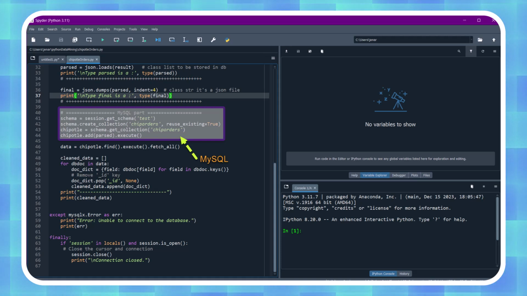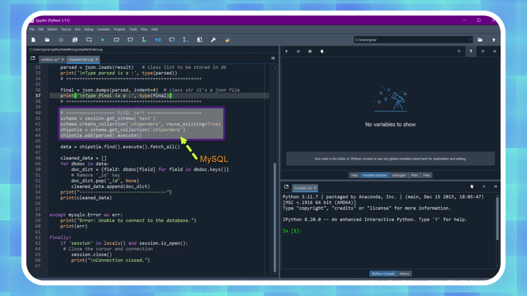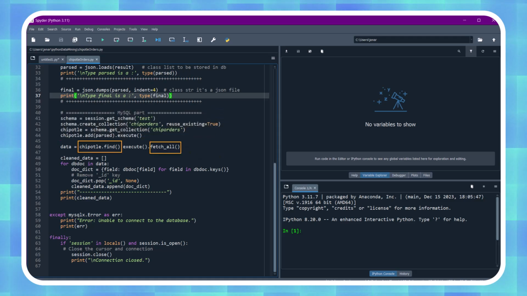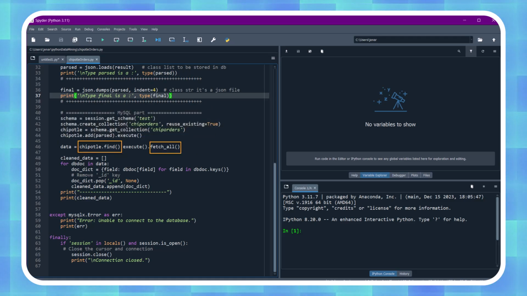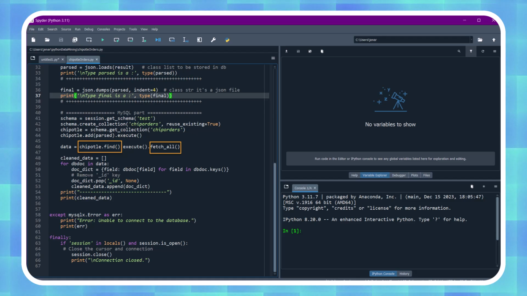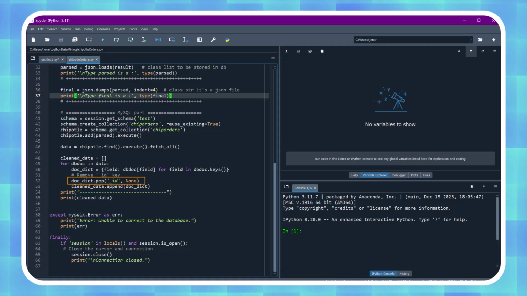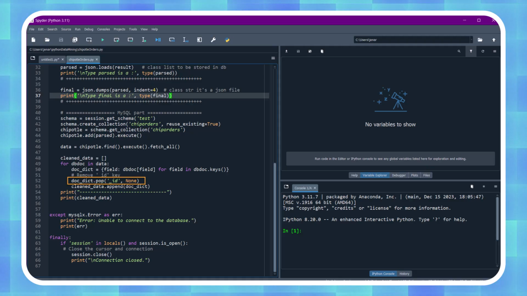We access the test schema and create or reuse a collection named chip_orders. Each dictionary in our list gets added as a document in the collection using add and execute. To confirm our data is stored, we use find and fetch all to get all documents back from the collection. Each document includes a system-generated ID, which we remove for clean output. We use keys to extract each field and create cleaned copies of the documents.